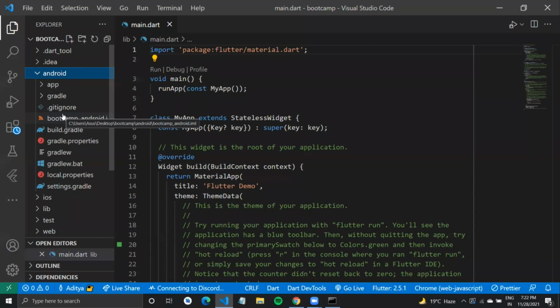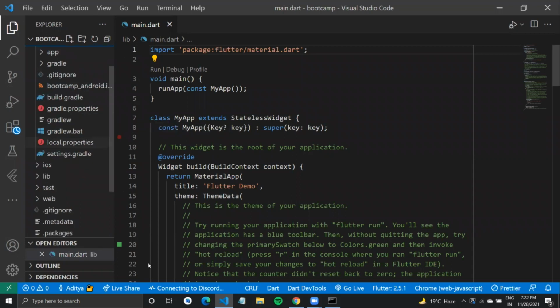So if you are a normal developer, you can always use VS Code for Flutter, there wouldn't be much issue. But if you want to use Android Studio, that is good as well. I personally prefer Android Studio because it helps you visualize easier, and there are a lot of tools available at your disposal. They are available in VS Code as well, but it's just some personal preference. All right, so I hope it answers it.